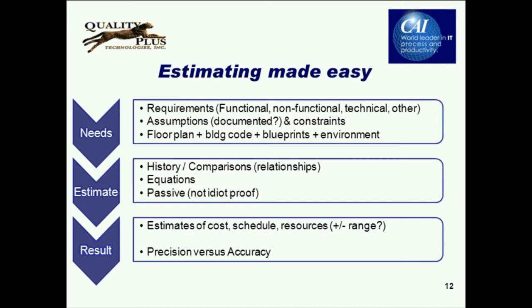And it's passive. An estimating equation, this is one of the biggest fallacies in cost estimation. Cost estimation equations are passive. If you throw in garbage, it will churn it very eloquently into wonderfully, seemingly precise results. But it's really passive, and it's not idiot-proof. So if you say you want to do a project that is 50,000 lines of code,